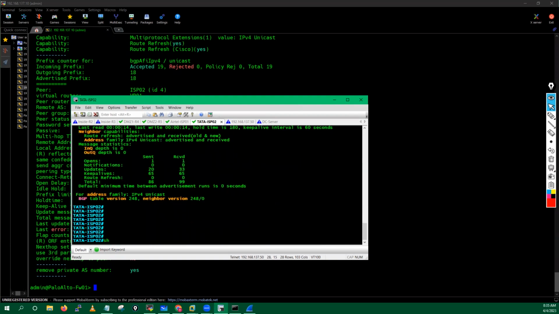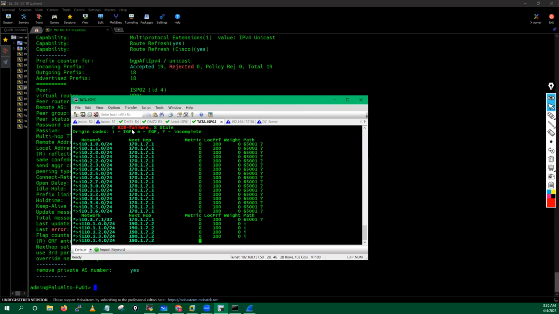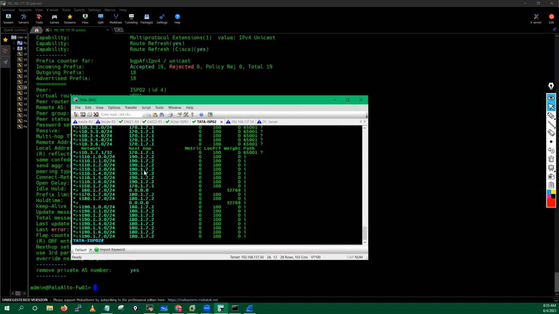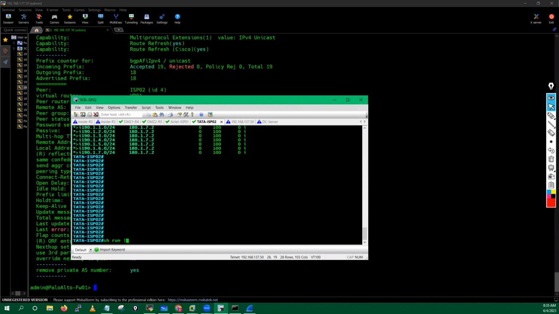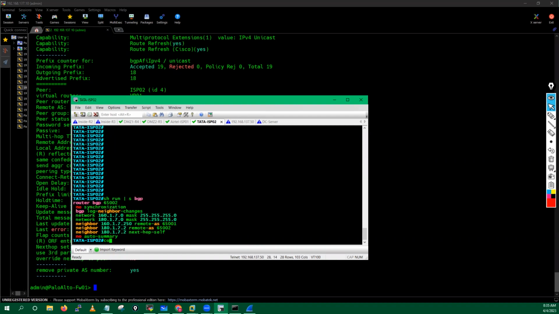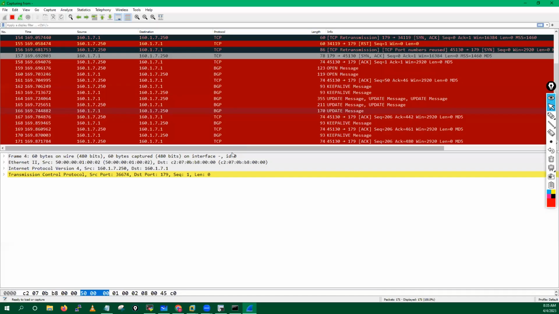So IP BGP, you can see you just have routes from 170. We don't have any routes from the firewall. Nothing. Now let me just enable the authentication here as well. Password admin add 123. As soon as I enable it,